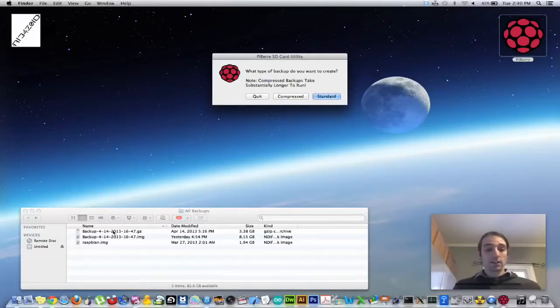This is the exact same backup but compressed, and you can see it's much less. It also takes a lot longer to run either the backup or the restore. Honestly, if it was